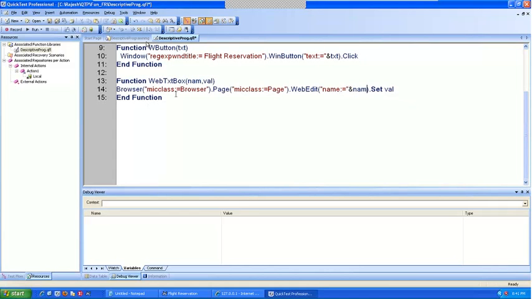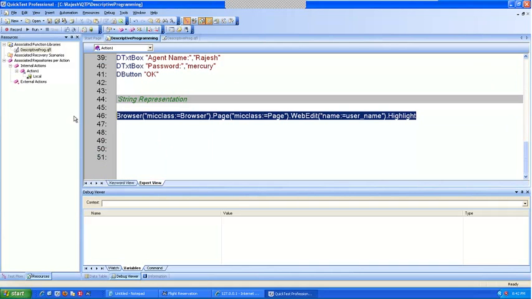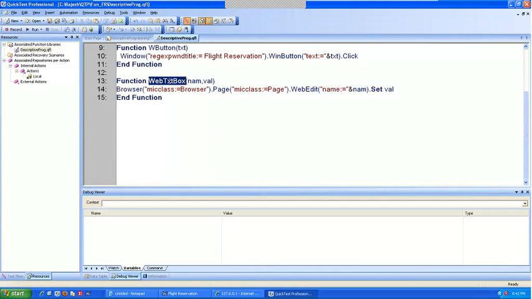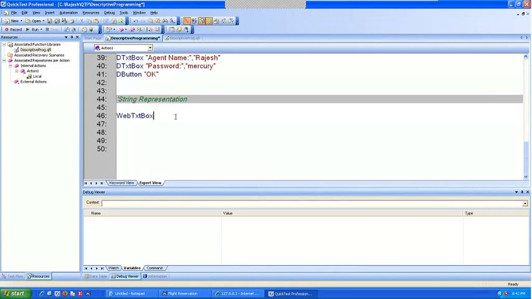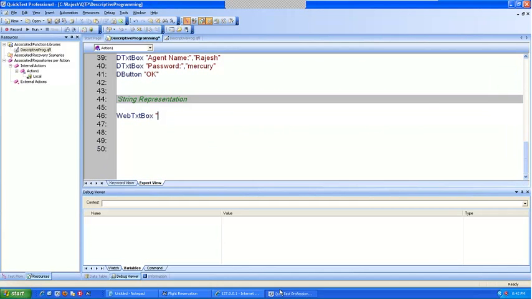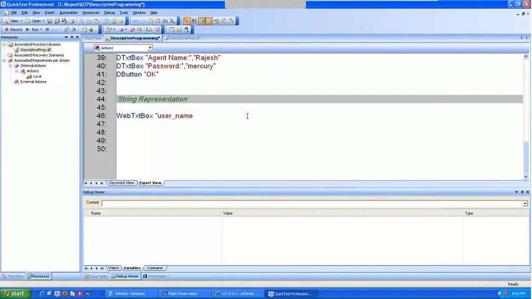So now I've created a function library for my WinEdit, right? Now I don't need this. I'm going to take this out. Okay. And I'm going to say web text box and the values that I need to pass here. First is the name of the text box. What is the name of the text box? Okay. I have it here. Name of the text box is username. Username,